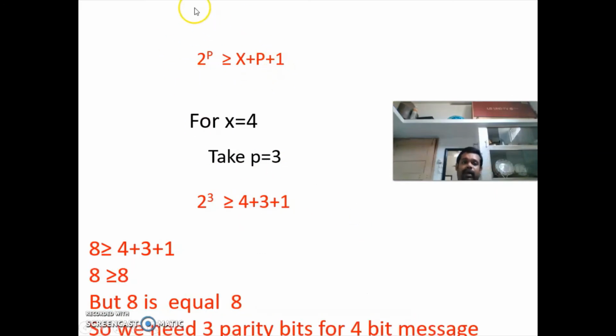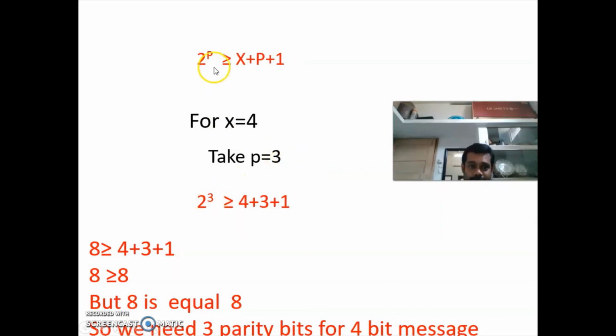Now again we are taking p is equal to 3. We have 4 message bits and we are checking whether p is equal to 3 is okay or not. So this is a trial and error method.